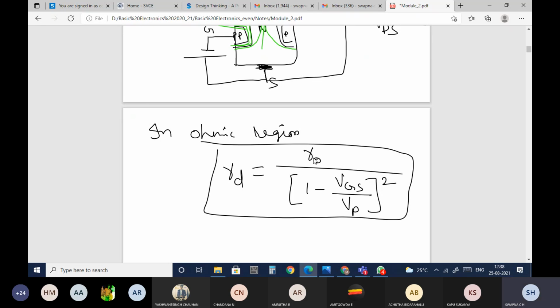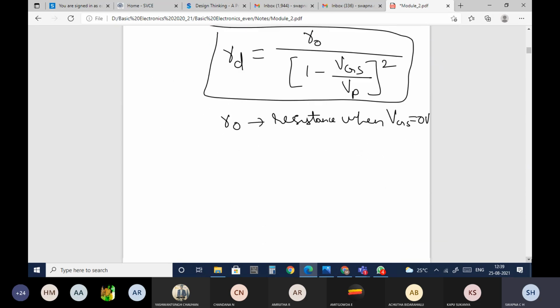R0 is nothing but the resistance when VGS is equal to 0 volts. VGS will be given, and VP for any particular JFET will be given by the manufacturer. The manufacturer will tell you the pinch off voltage of your JFET. These are all related to the drain characteristics. Coming to the